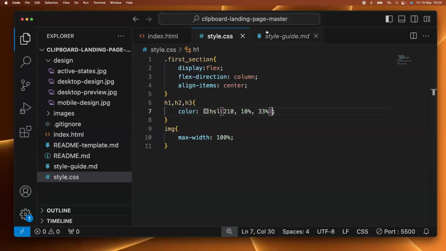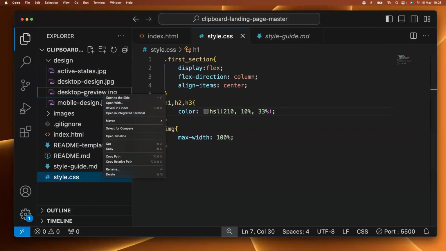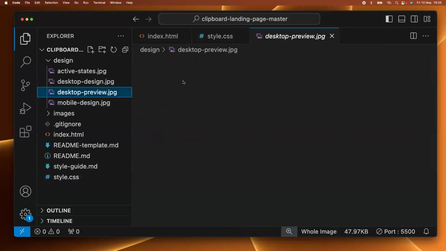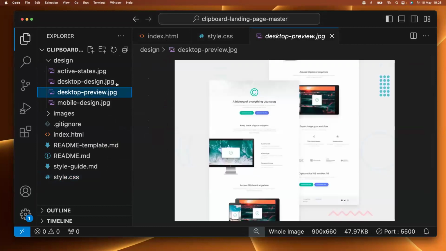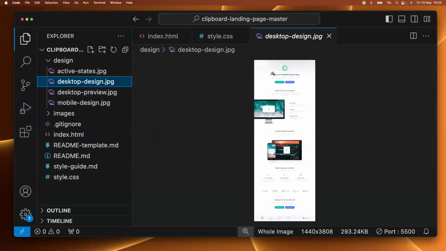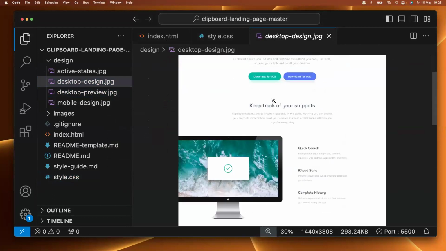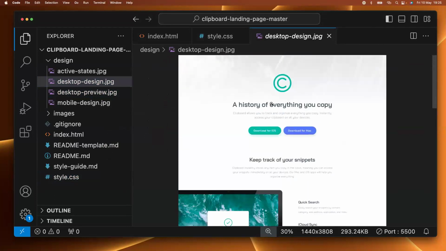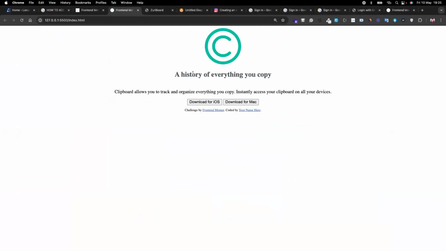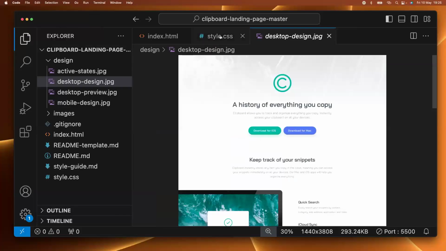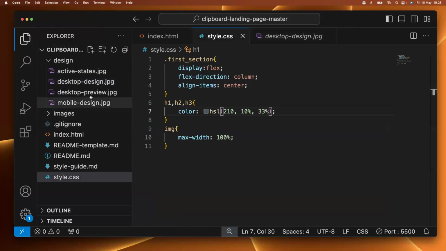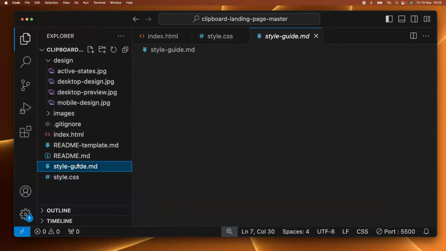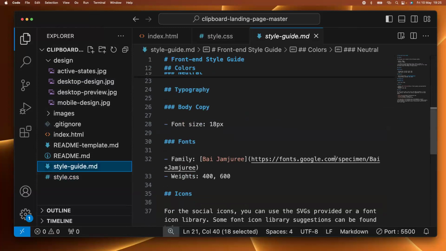Then I have to go back also to check my design. Let me just open this. Let me open this down. No, I'm sorry. Yeah, so this is it. One other thing that you would see is that the font family, the font size, everything is not actually the same thing. It's not like the way it is on the design. So it's always very good to set all those properties so that you know how to fit your fonts and all. So what I'll just do is let me